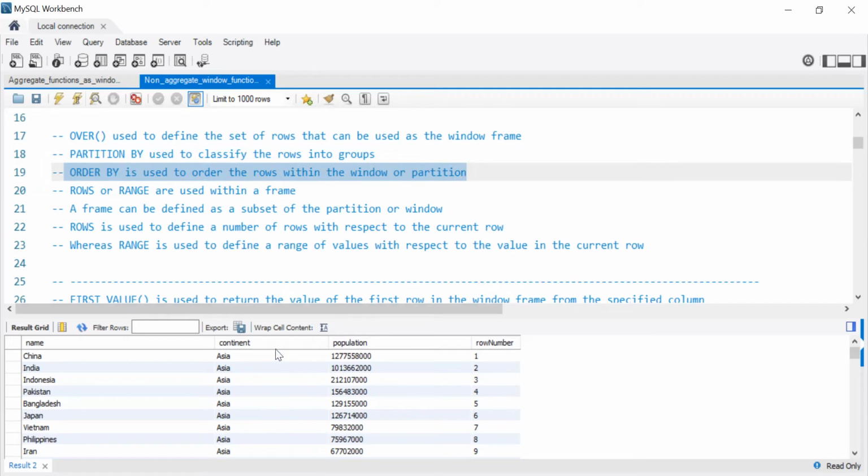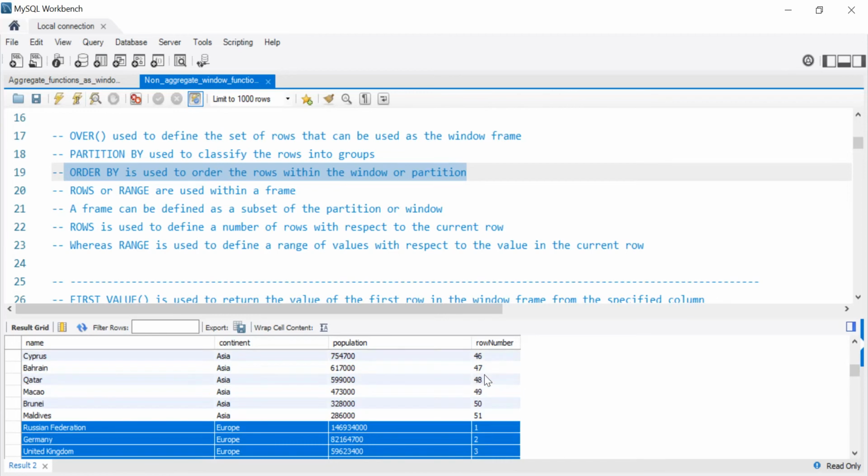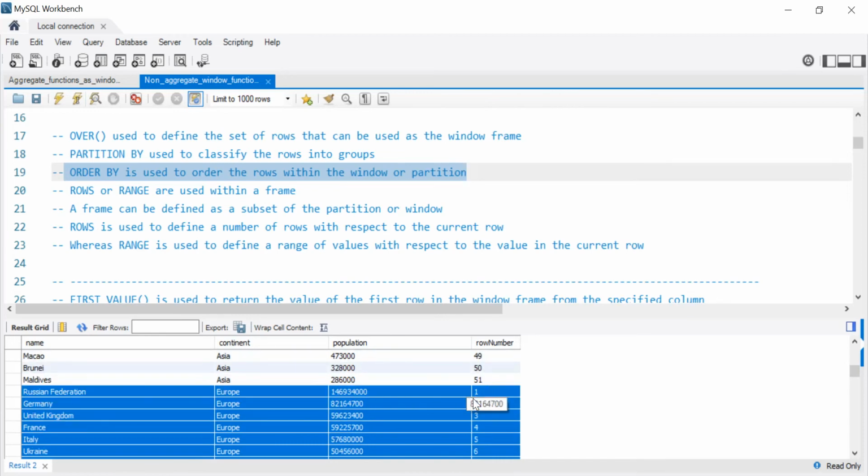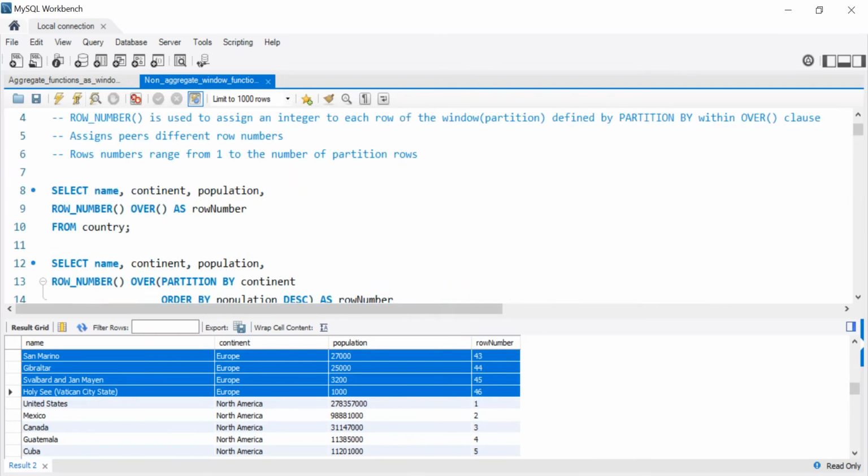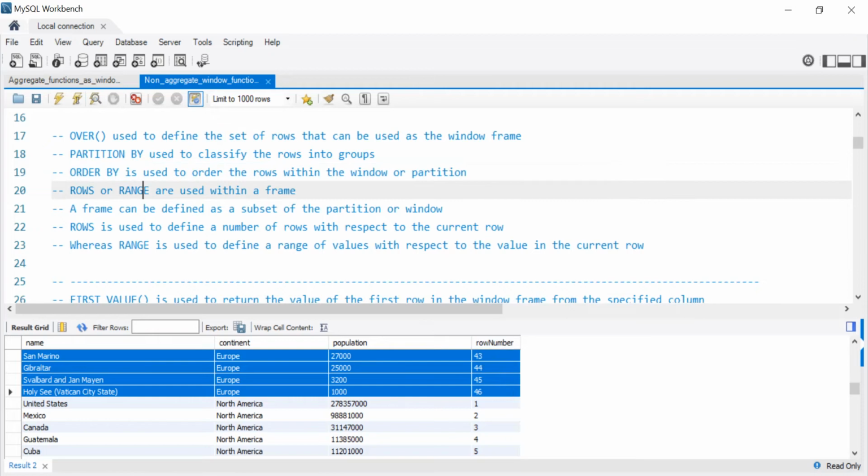So as we have seen, for each continent, it will start over, for example, from Asia from 1 to 51, then for Europe from 1 to 43, 46. So it will order the rows depending on the partition. And as we will see in the next function, there are